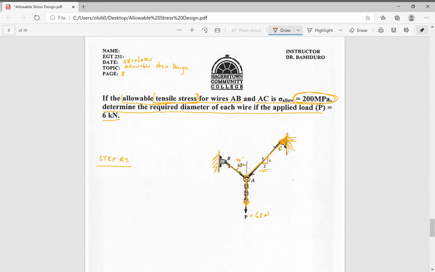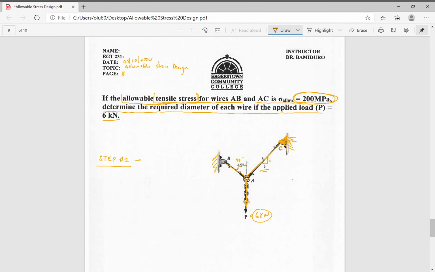Anything above it will definitely make it fail. So at 6 kilonewtons, an allowable stress of 200 megapascals is very comfortable to operate the structure in a safe manner. So if you want to find the diameter, which is similar to what we did previously, let us